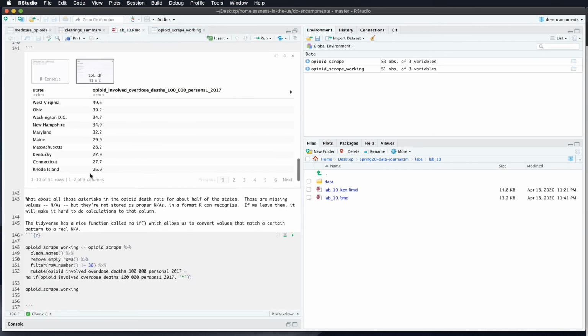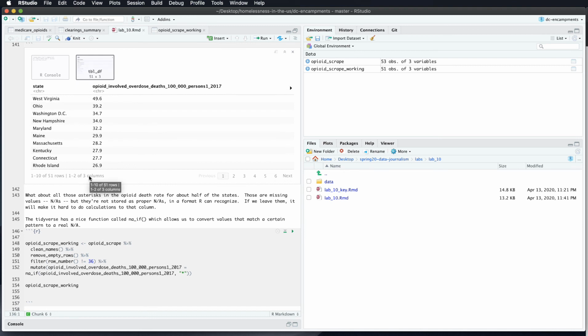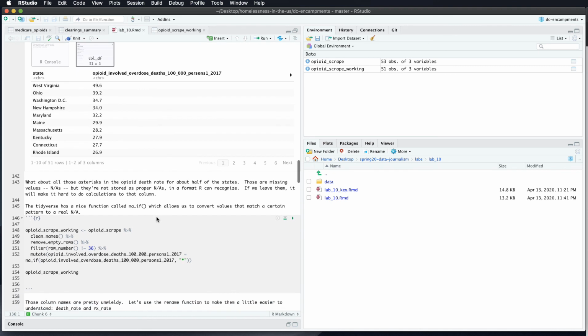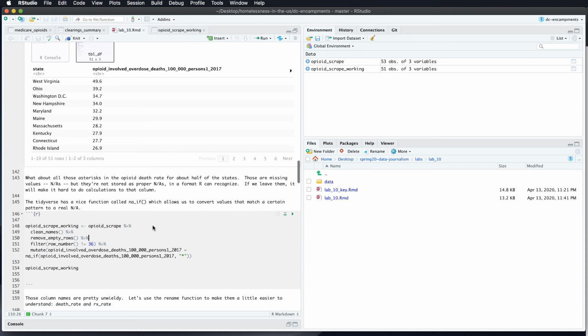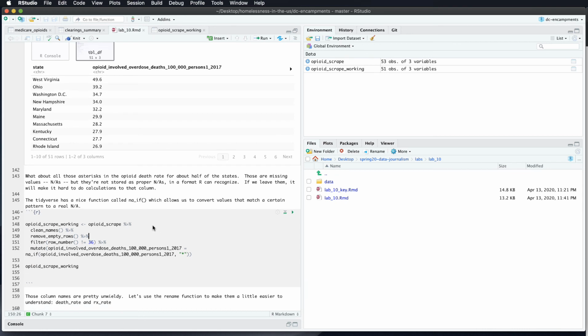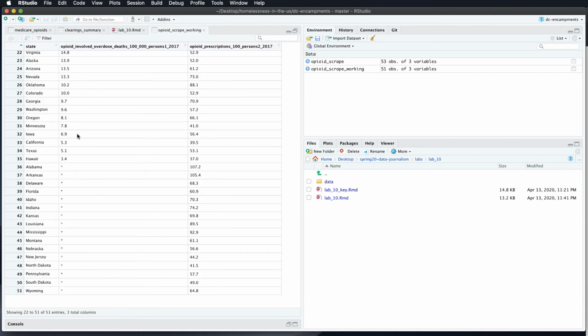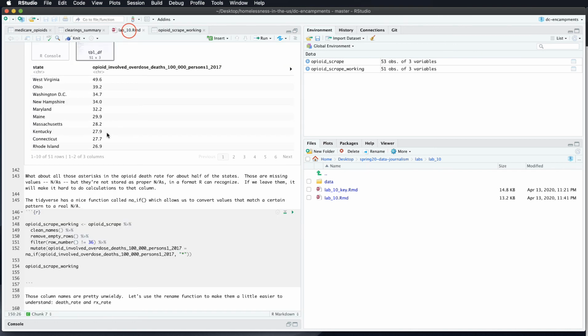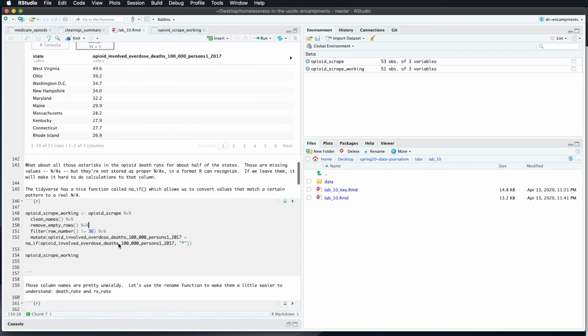And if you search for that, you'll find that dplyr, which is part of the tidyverse, has a really nice function called na_if. The reason we want to put proper NAs here is that it may be hard to do analysis or do calculations on the rest of these numbers if we don't convert these to something that actually is a real NA missing value. So to do this here, this one's a little long because this column name is long, but remember